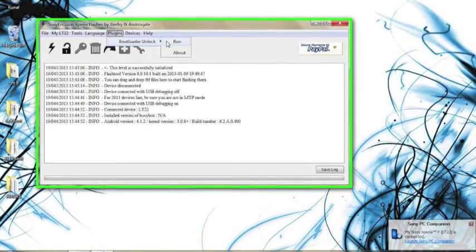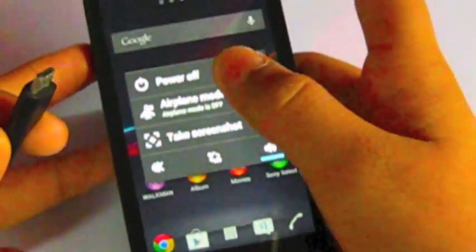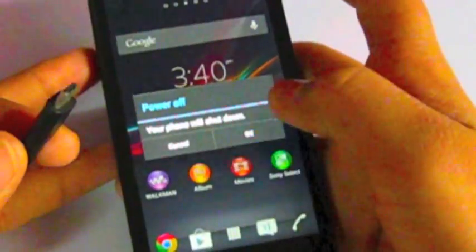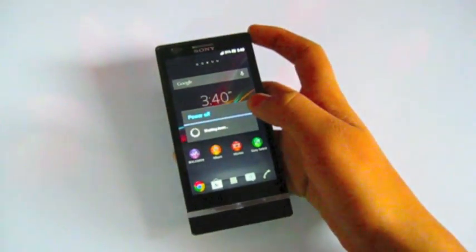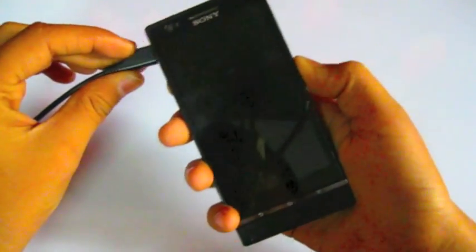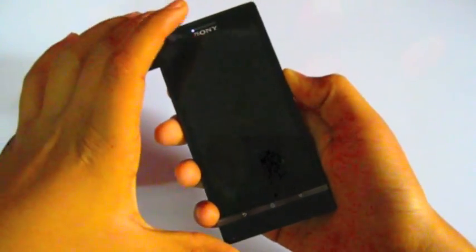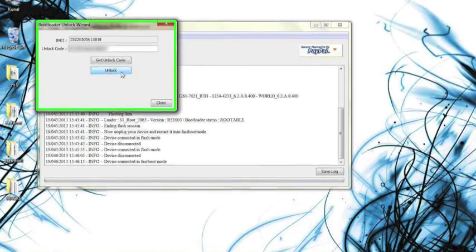Now go to plugin, bootloader unlock, run, and then unplug your phone and power it off. Once it is completely off, press and hold the volume up key while attaching the USB to the phone, and the Flash tool will ask for the key.